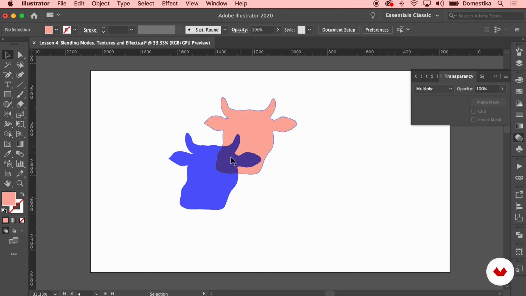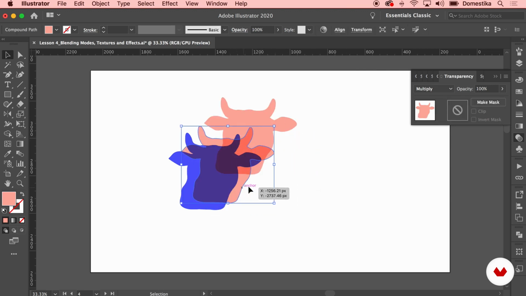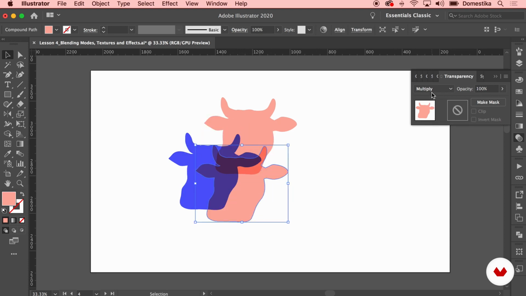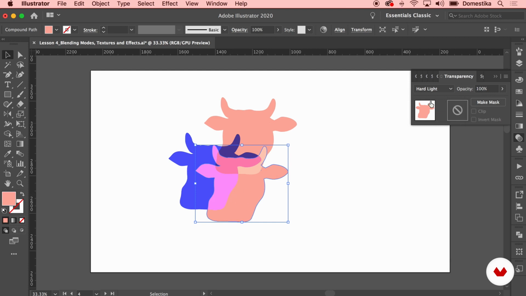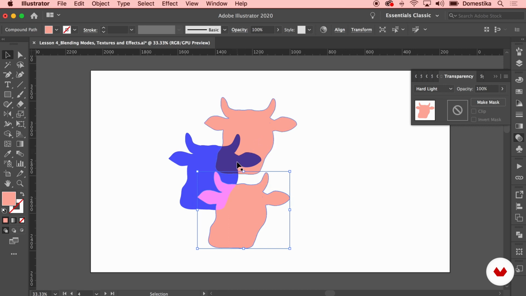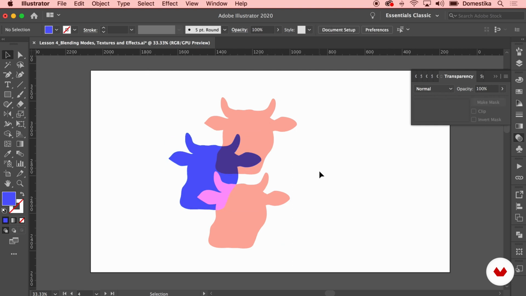And it's not only the colors of two objects interacting together, it can be even more objects. So I'm gonna clone this cow here, and you see how the colors of this one interact with both the colors of the other two. You can play with the blending modes of each of the objects separately. For example, this cow is using the hard light option, while this one uses multiply. You can see how the two blending modes interact with this blue object that is set on normal. I'm sure that you still have the question: